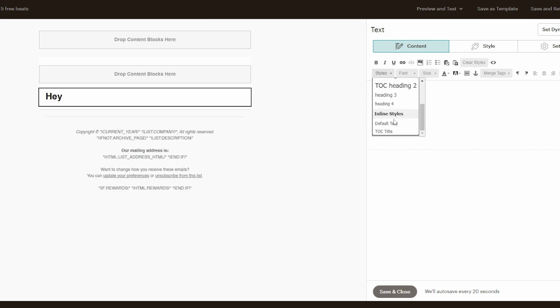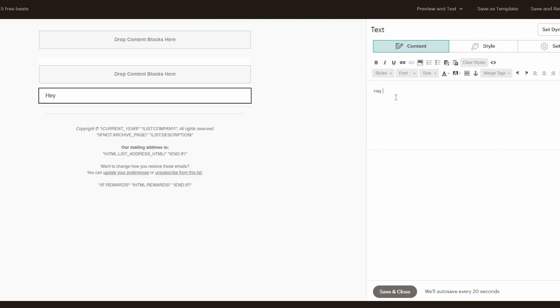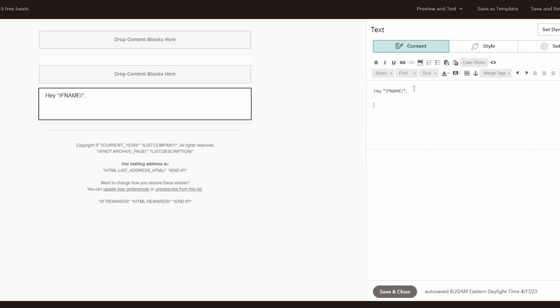back to our regular default text. So let's just get rid of that. So, hey, and then what I like about this is if we go to, where are they at here? Merge tags, we'll go to first name. So essentially if we do hey and this merge tag of first name, what this does is this is gonna pull in the first name with a contact. So hey, first name. I'm